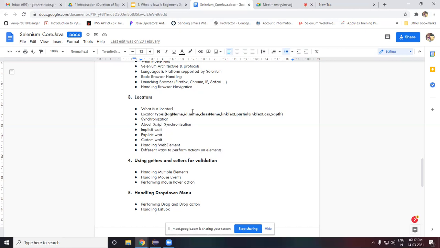Whatever keys you have on your keyboard, or right click or double click, you can perform those using the Actions class.